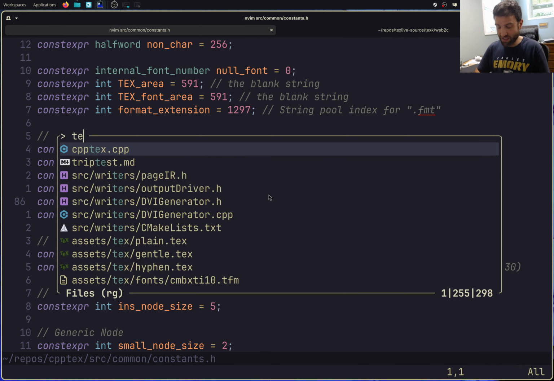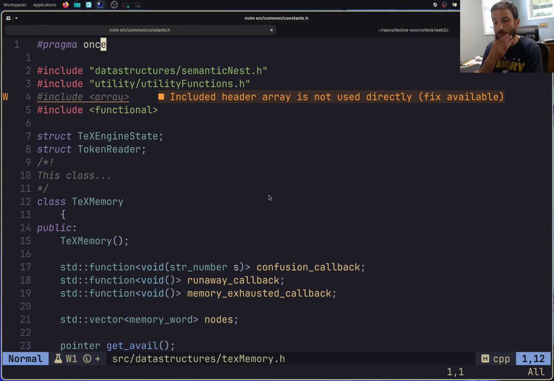I'm in the wrong thing. Sorry, tex memory. Find file, right? So what I was working on was to say, the first step is something like encapsulation. And that's not because this is about object-oriented programming. I'm really not necessarily the biggest fan of the object orientation part of OOP, but it's really about this powerful